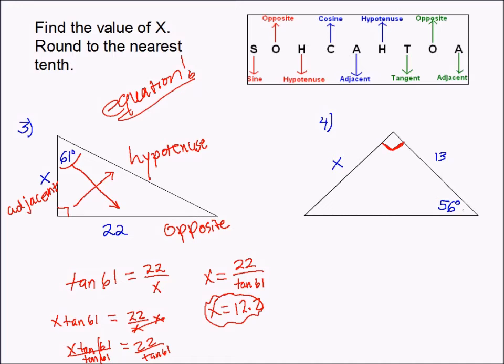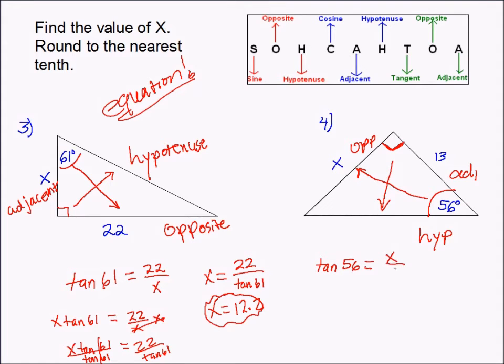So I have an angle, okay? And here's the side that's opposite. Here's the hypotenuse. So let's put op here. Let's put hypotenuse here. This side is the hypotenuse. So this must be the adjacent side. So we are given the opposite and the adjacent, so it must be tangent. So tangent of 56 is equal to